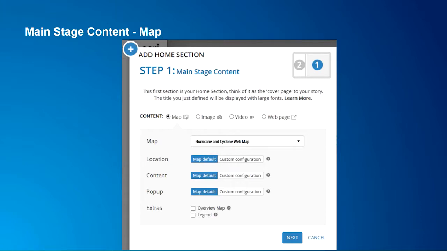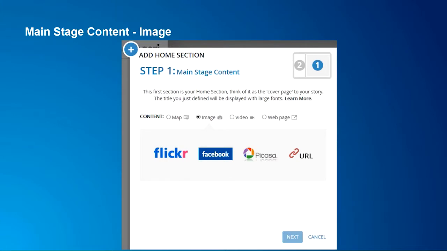Additionally, you can include standard mapping elements like an overview map or legend if you choose to. The second type of content that you can add to the main stage is simply an image. This can come from the web, like Flickr or Facebook photos, or simply pasting in a URL to an image that helps give context to the situation or the particular story that you want to tell with